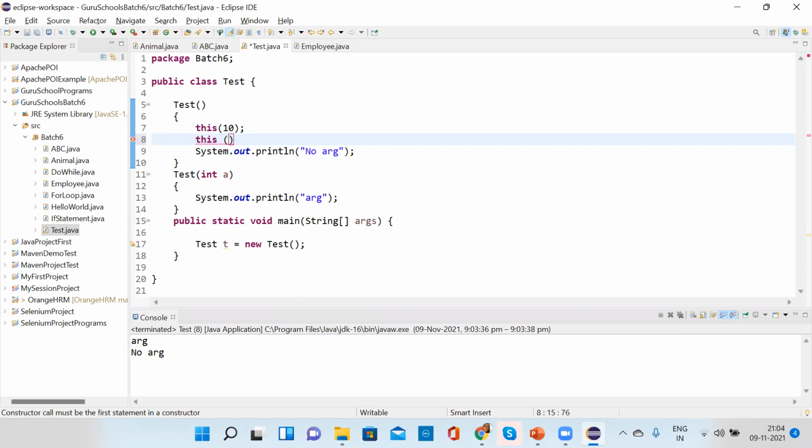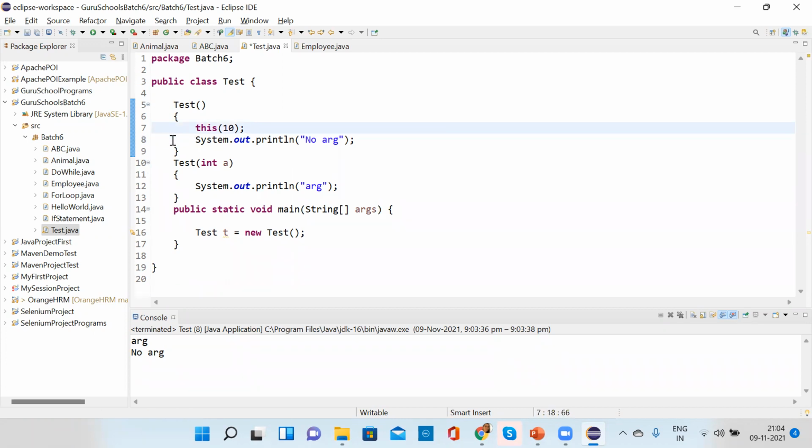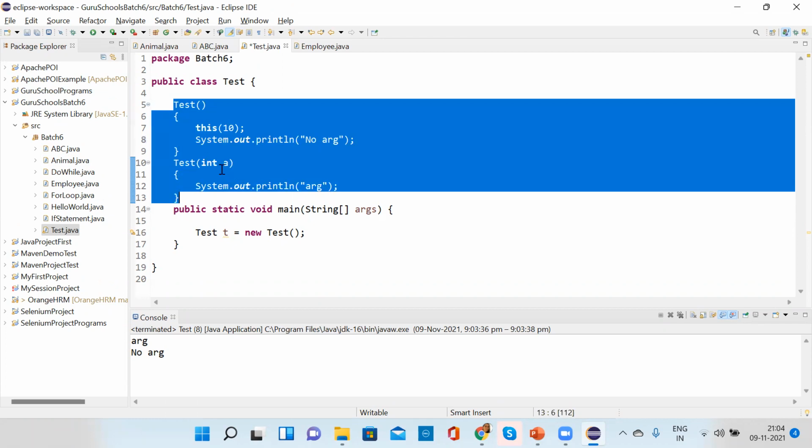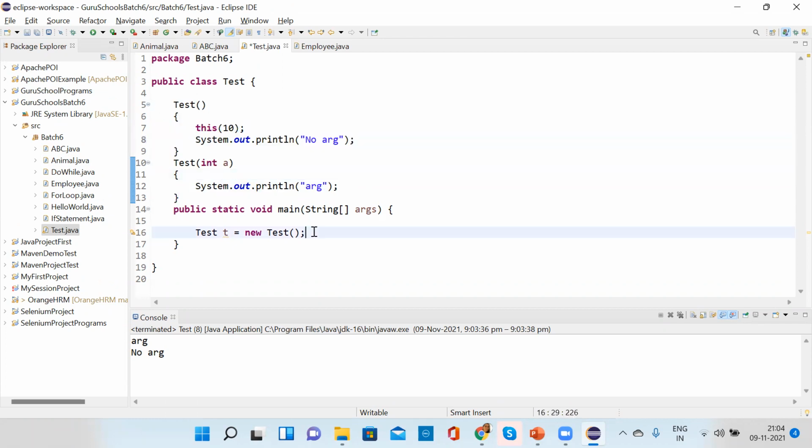You can call multiple this, but they have to be of one type. I'm talking about constructor overloading. This is only constructor overloading, right?